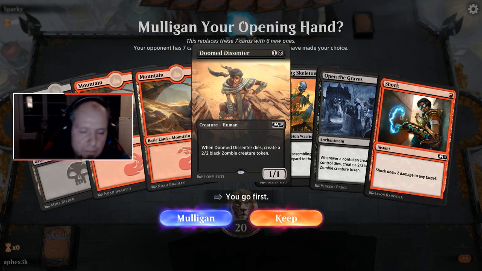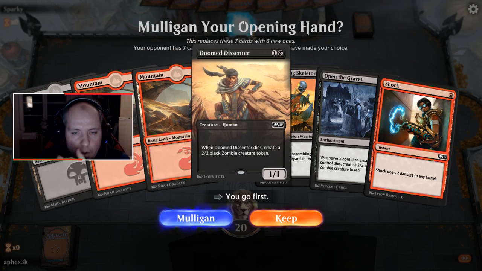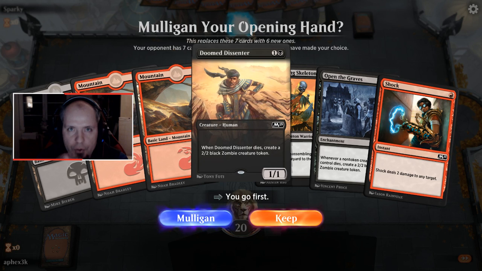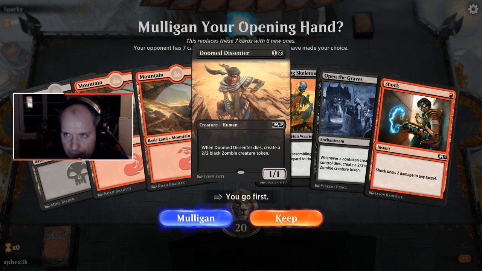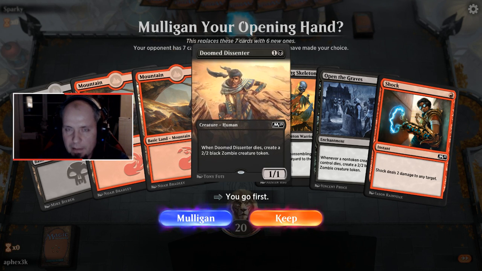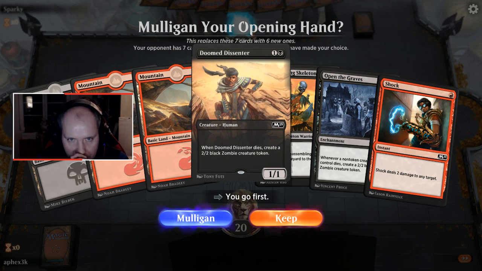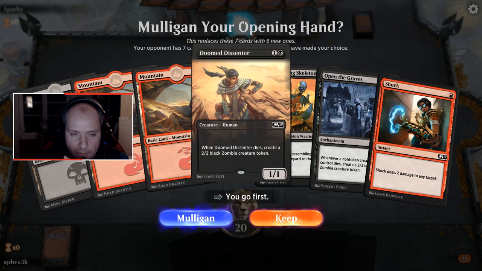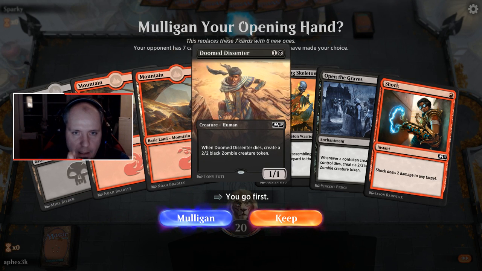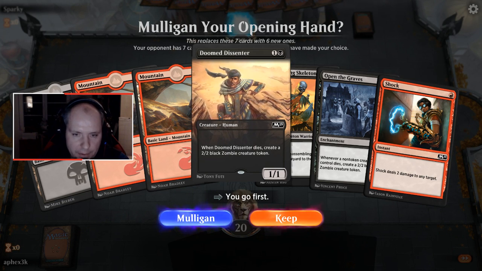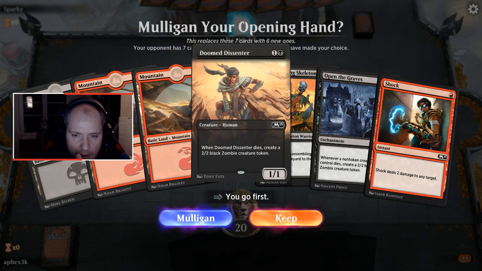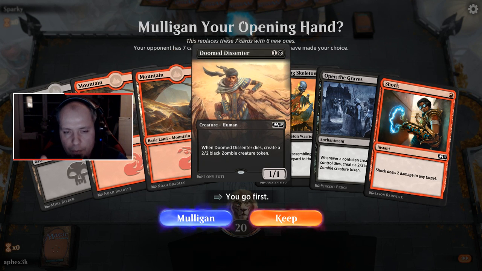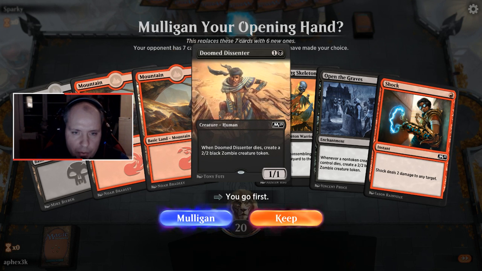So, for example, Doomed Dissenter is a 1/1 creature of type human for 2 mana, which is sort of expensive, but nothing unusual really. Plenty of cards like that in the game, but when this guy dies, meaning when this guy is dealt a lethal amount of damage, so it goes into my graveyard,